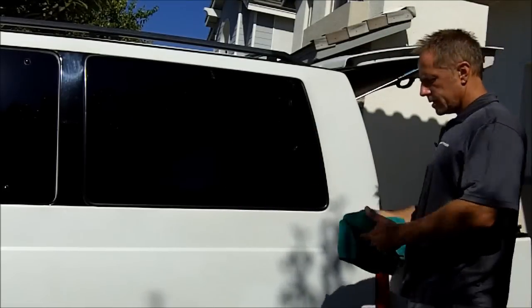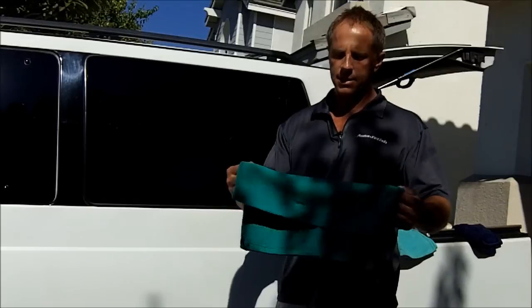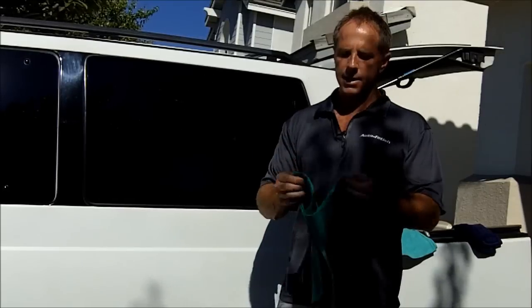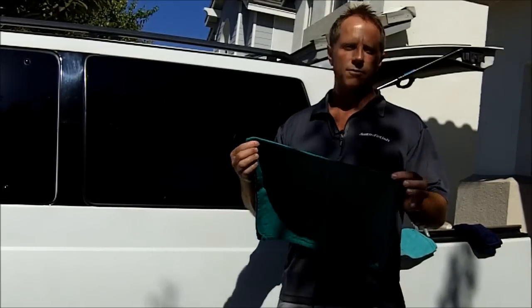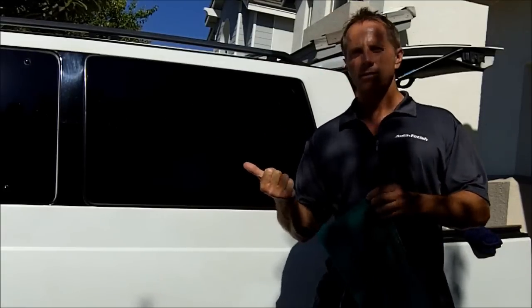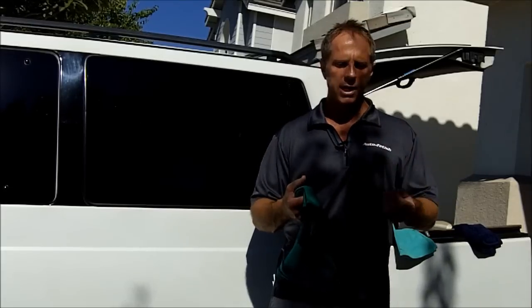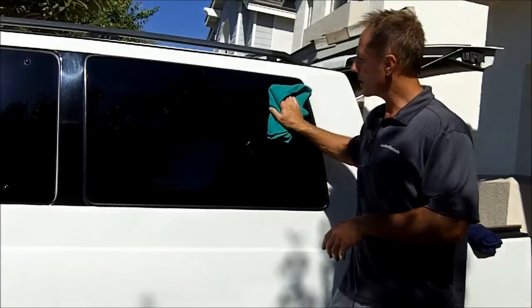Second tool is what, in my world, I call my window rags. In the outside world, it's what's officially called a Huck Towel or a surgical towel. I don't know why, that's just what they call it. It's made out of 100% cotton. It's virtually lint-free. I prefer these over a microfiber because the microfibers, after they've been used a while, washed and dried, start to dry out and start shedding all the little fibers. That can become very problematic when it comes to windows,